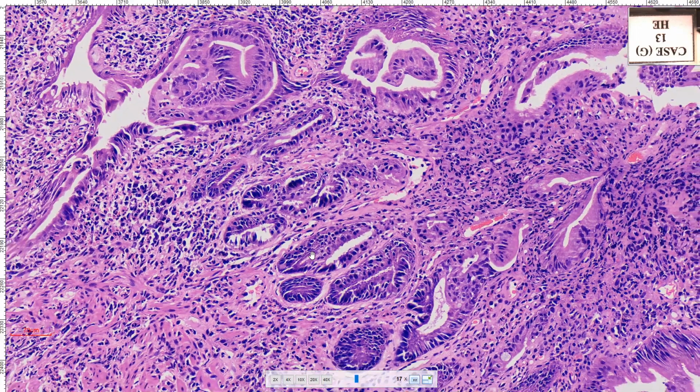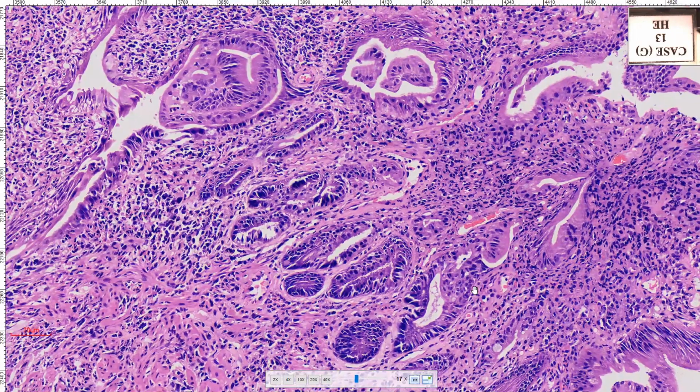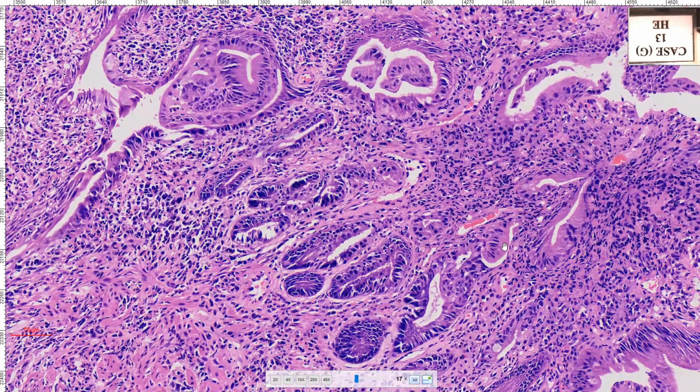And the third feature of chronicity is the presence of Paneth cell metaplasia. So if you have any eosinophilic cells lining these crypts, and these are seen from the rectal mucosa. In a normal rectum, we do not normally find any Paneth cells, and if you're finding any Paneth cell within the crypts, that is also a feature of chronicity. So these are the three features that we are interested in when we are thinking of any chronic disease.